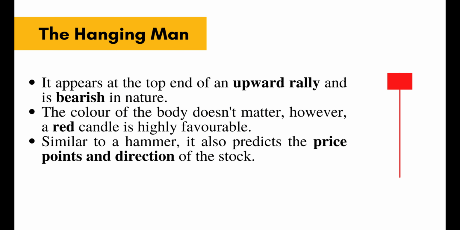The hanging man is a paper umbrella which appears in an uptrend and is bearish in nature. The logic behind the hanging man is that in an uptrend, the bulls were in control of the markets, while markets were making new highs. With the appearance of a hanging man and its long lower shadow, the bears managed to make an entry in the market and tried to break the stronghold of the bulls. Hence, a hanging man suggests to go short on a stock.